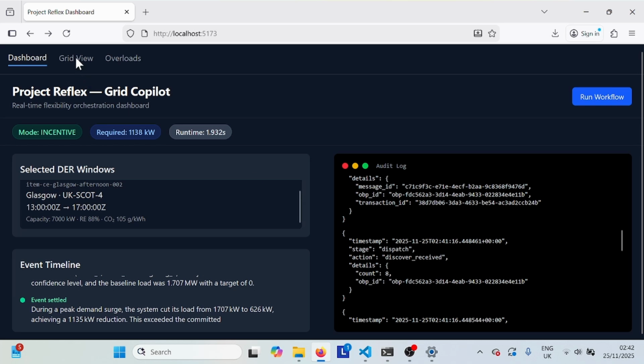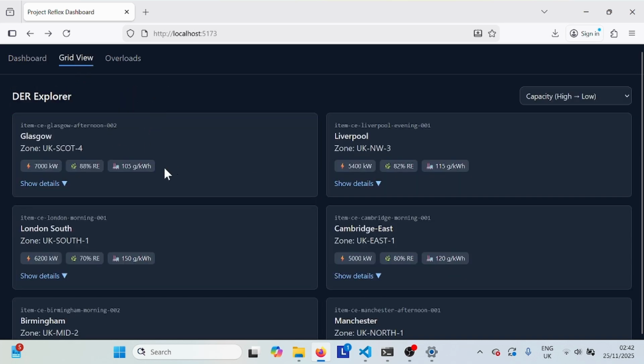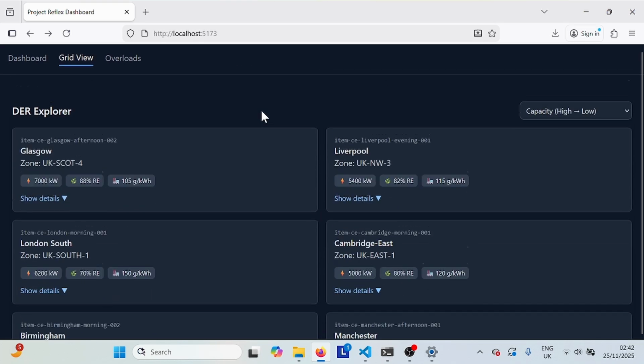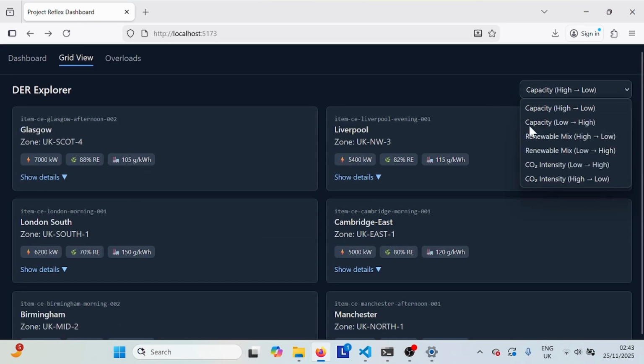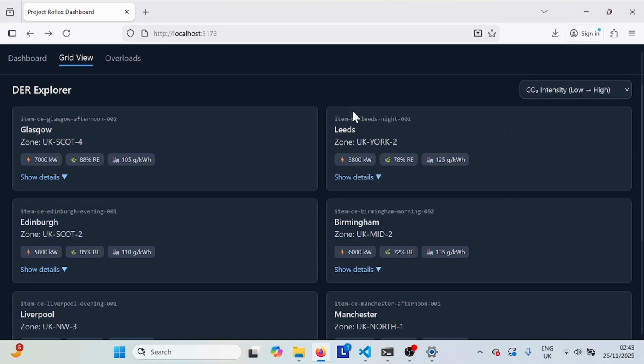If we switch to the grid view, this tab shows all the available DERs positioned on the grid. So we're able to sort by capacity, renewable, and CO2. So for example, if we sort by CO2,